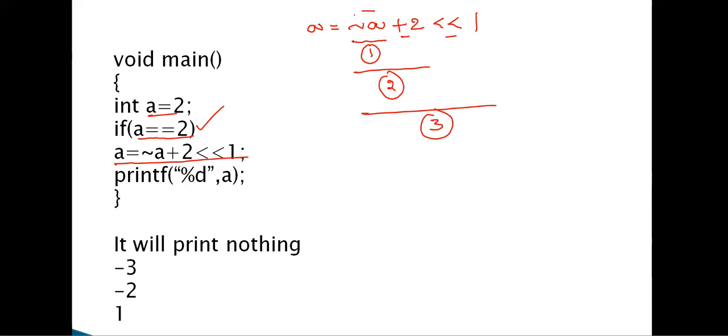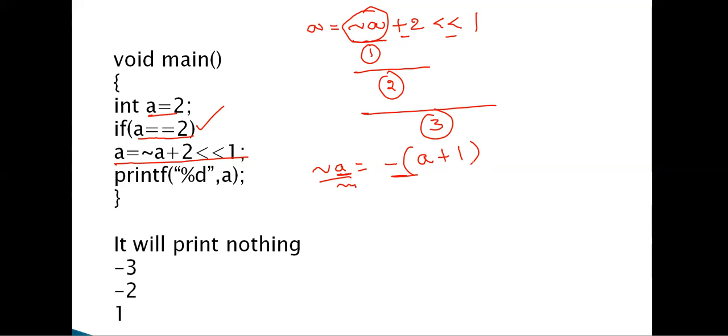First, you require tilde a. What is tilde a? Simply, I will give you a shorthand notation. For example, tilde a converts ones into zeros and zeros into ones. If you are given a number, the conversion is very difficult: converting to zeros and ones and then again converting to decimal. So to reduce the time, the formula is tilde a is equal to minus of a plus 1. That is, if you are given a positive number, the answer is a negative number. If you are given a negative number, the answer is a positive number.